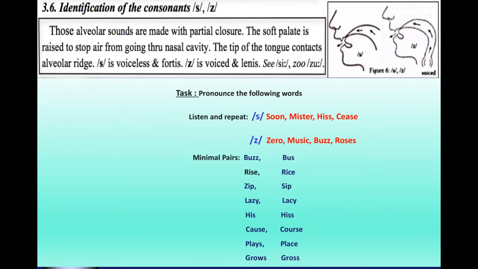Those alveolar sounds are made with a partial closure, that is, they are fricatives. They are fricatives because we do not stop the air completely but partially. The soft palate is raised to stop the air from going through the nasal cavity. The tip of the tongue contacts the alveolar ridge. This is why it is called alveolar sound. S sound is voiceless and fortis, that is produced without vibration in the vocal cords and with more force. Z is voiced and lenis, that is produced with vibration in the vocal cords with less force, like in see,